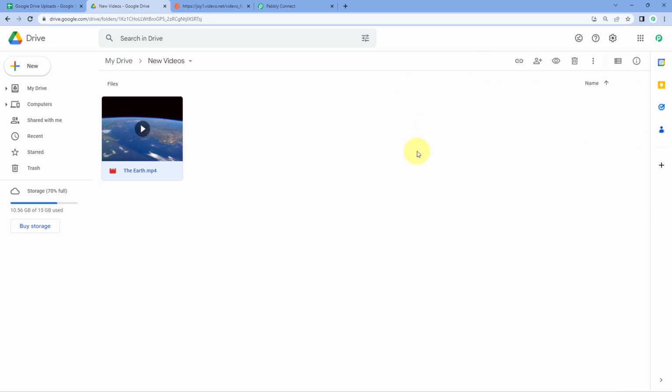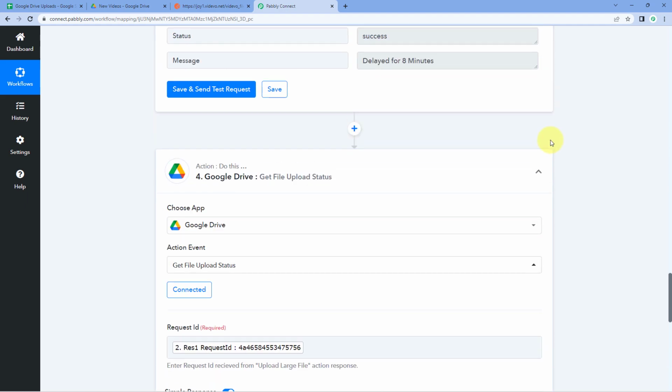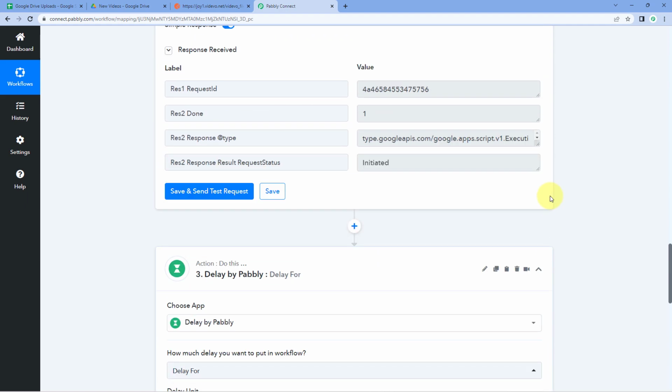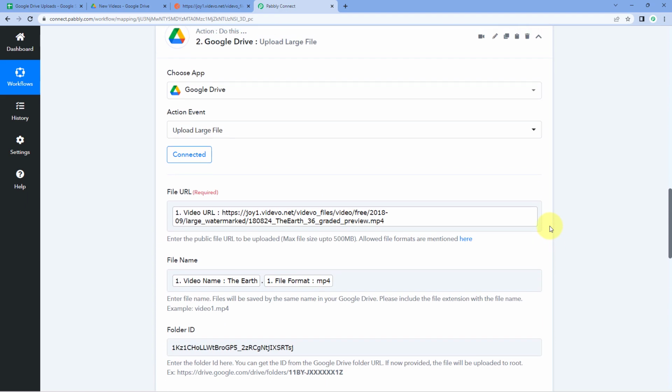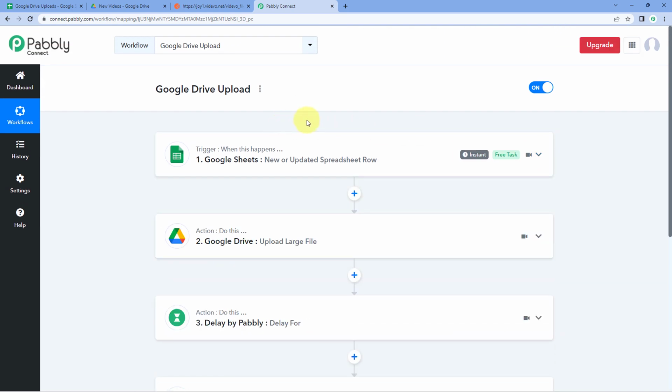So in this video, I just took an example of this file. That is why within 8 minutes, it has successfully uploaded. But if your file size is up to 500 MBs, then too, it will approximately take 8 minutes. So the delay of 8 minutes is working perfectly fine. So in this way, guys, you can use Google Drive's action step of upload large file in your Pabbly Connect workflow and automate the process of uploading files on your Google Drive account, which are larger than 50 MBs in size. Basically, files with up to 500 MBs of size can be uploaded now on our Google Drive account using